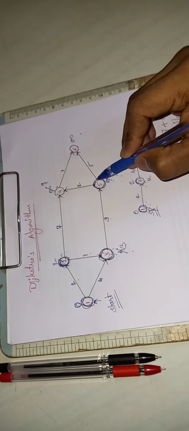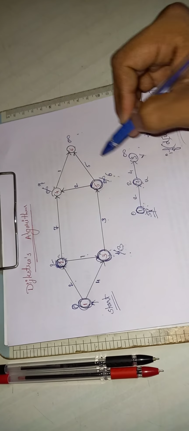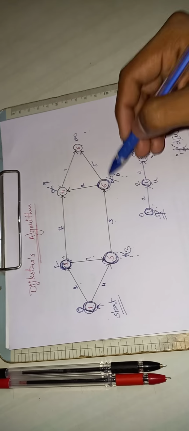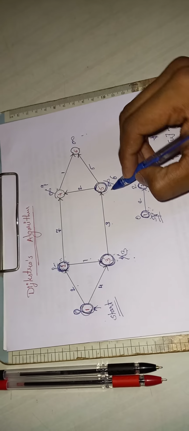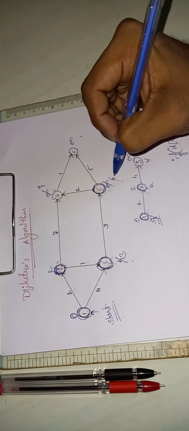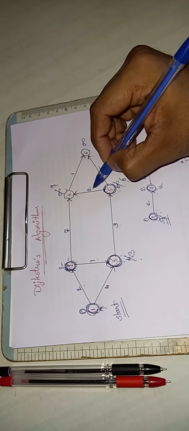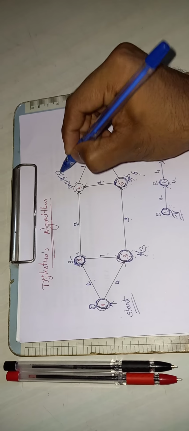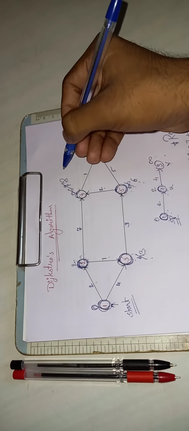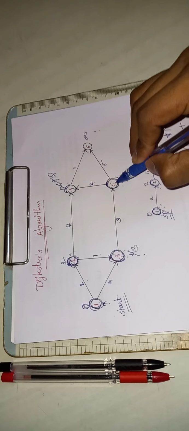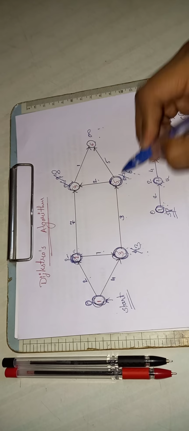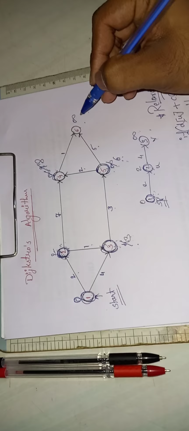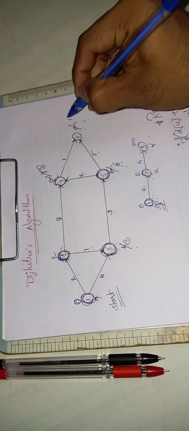Now which ones are connected to it? 4 is there and 5 is also there. We have two different things. Now we have to do the same thing again, consider it as u, consider it as v. So 6 plus 2, that is 8. Is 8 less than 9? Yes, it is less than 9, so update. So this is also done. Now the next remaining node, that is 5, 6 plus 5, that is 11. Is 11 less than infinity? Yes, it is less than infinity, so update it.